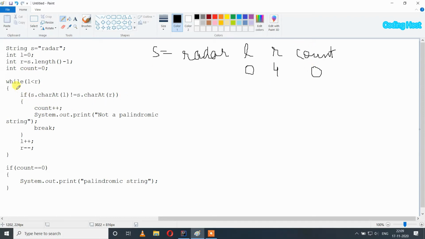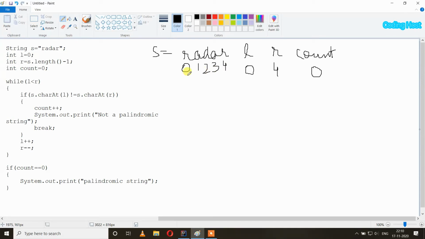After that I have taken a while loop, while l less than r. In this program I have taken two pointers, left and right. The left pointer is pointing toward the left character in the string, and the right pointer is pointing toward the right character in the string. So l is here at the 0 index in the string. I am writing here 0 1 2 3 and 4.